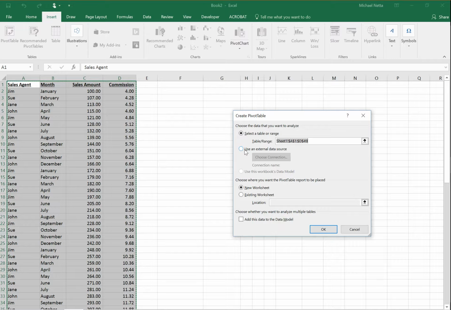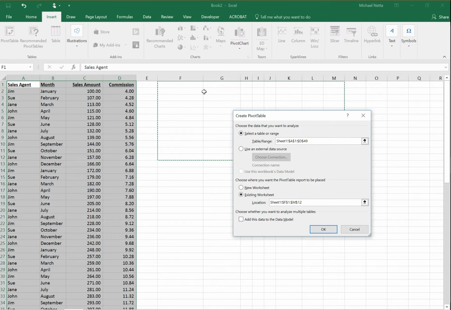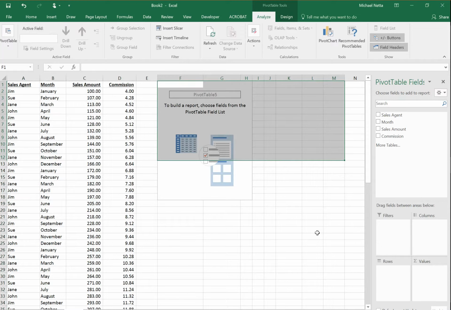You could also link to external data, and it asks you where the pivot table is to be placed. You could put it in a new worksheet, or you could put it within the existing worksheet. For our example, we're going to keep it in the existing worksheet. Once we click that, you click within this location bar, and then you could highlight in your spreadsheet where you want the results to be placed once you finish with the wizard. You hit OK. It brings you to a pivot table field column here, and from this location you could create